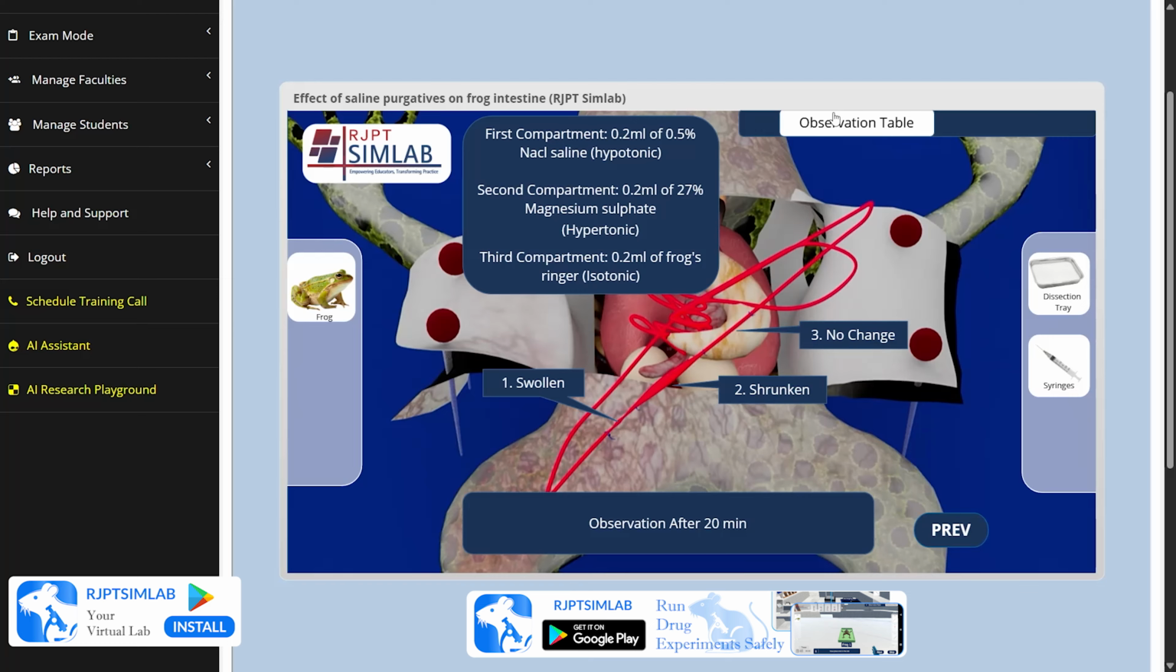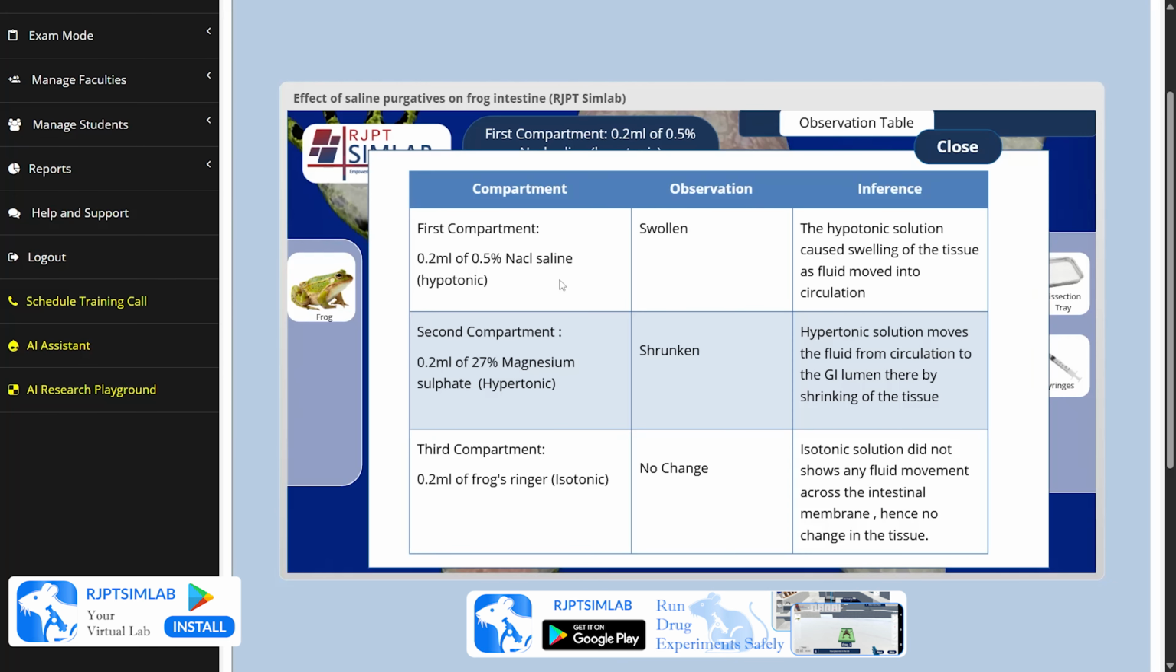So now we will see the observation table. The first compartment, in which we have injected 0.2 ml of 0.5% sodium chloride saline solution, which is our hypotonic solution. The observation shows that it has swollen the lumen part. The inference says the hypotonic solution caused swelling of the tissue as fluid moved in from circulation, which means that due to the hypotonic effect, it has caused swelling of the tissue by moving water